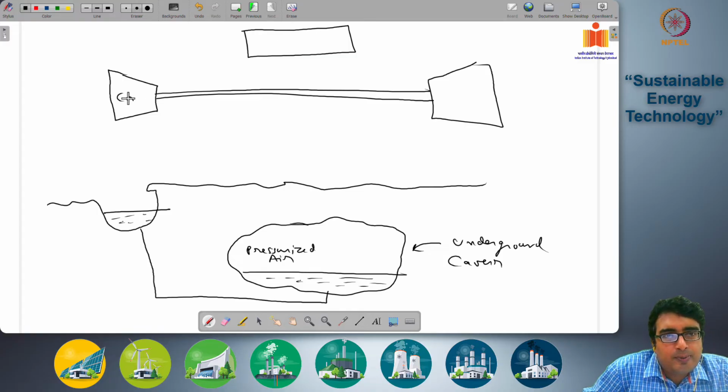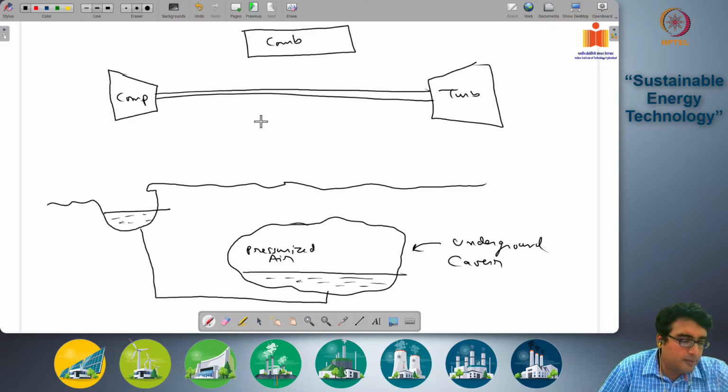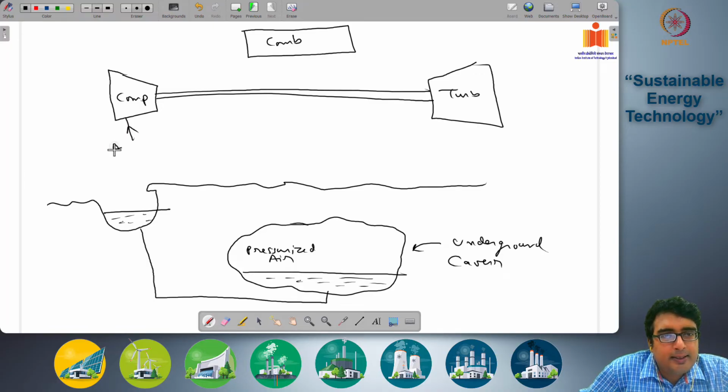This is your compressor, this is your turbine, this is your combustor. Air is entering from outside, air is being sucked into the compressor, and this compressed air is coming back out